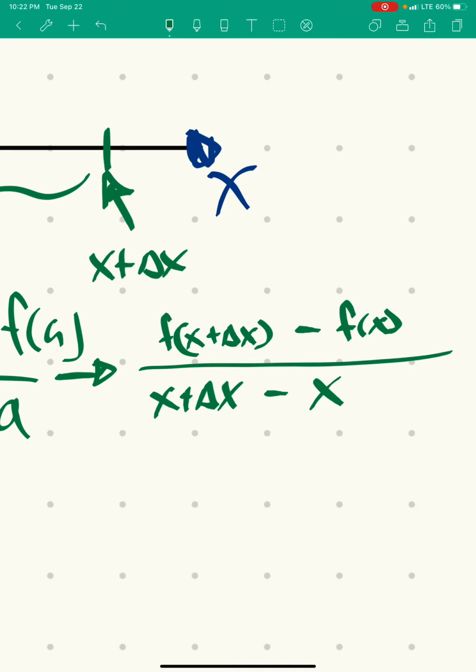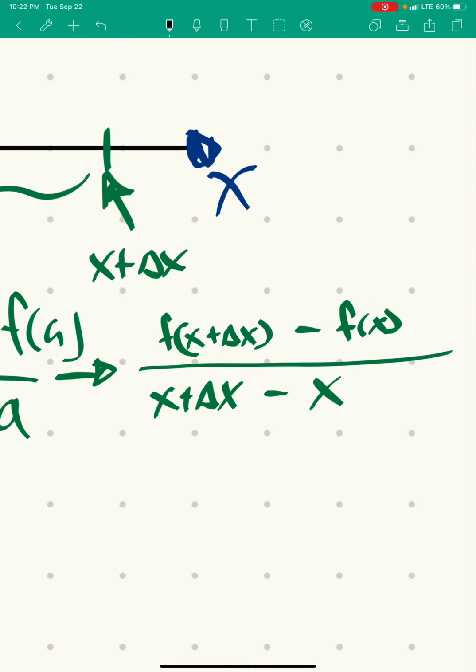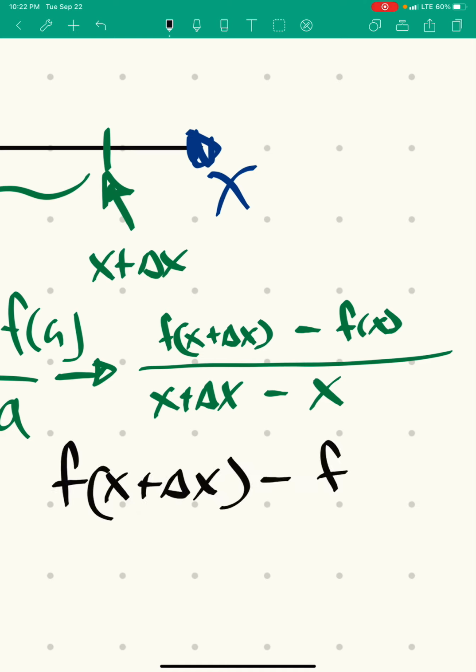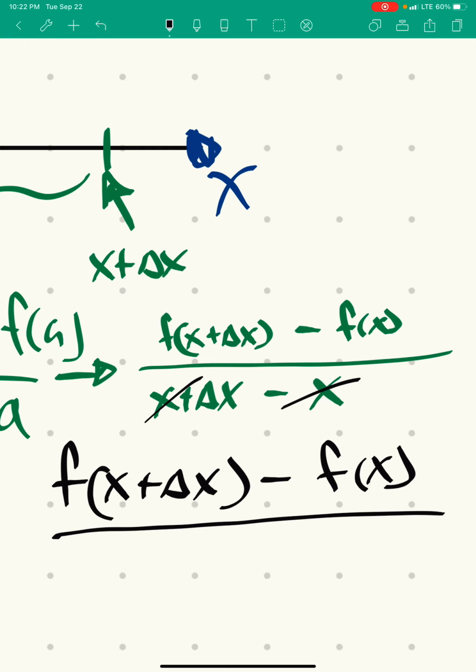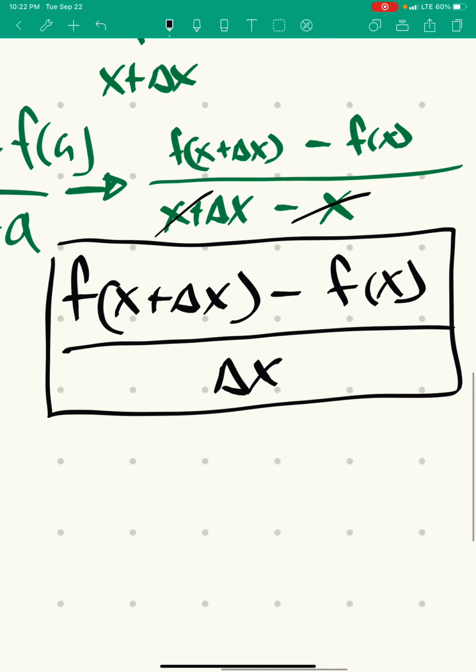I can simplify this a little bit, which I'm going to do here, and we actually get the following: f of x plus delta x minus the function f of x all over, if we have x plus delta x minus x, notice they can cancel out, all over delta x. I want you to freeze the video and write down this right here. This is the average rate of change